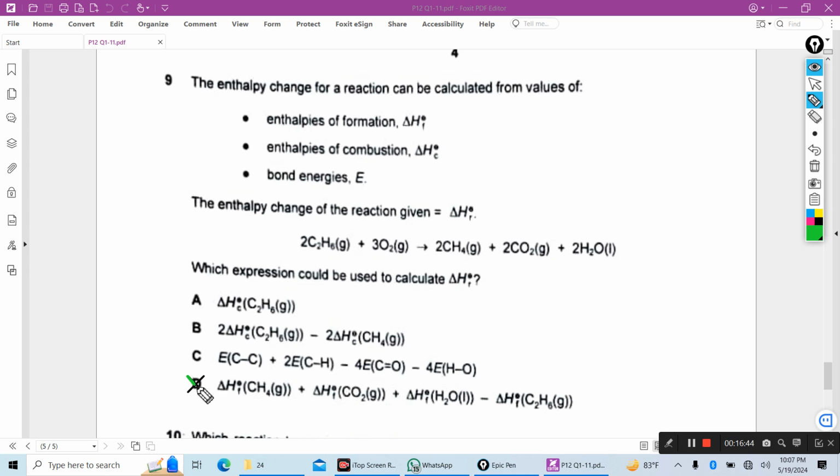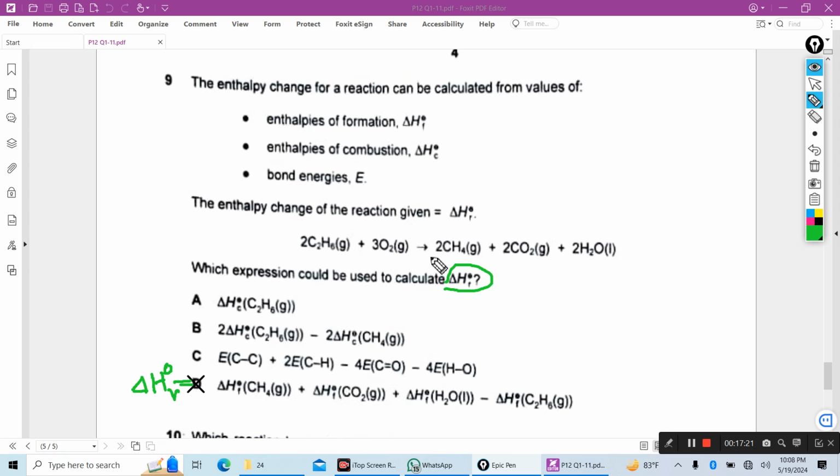So this is the answer D, because if enthalpy of formation values are given, the enthalpy of the reaction will be the enthalpy of formation of all products minus the enthalpy of formation of all reactants. So now you see, delta H of reaction equals enthalpy of formation